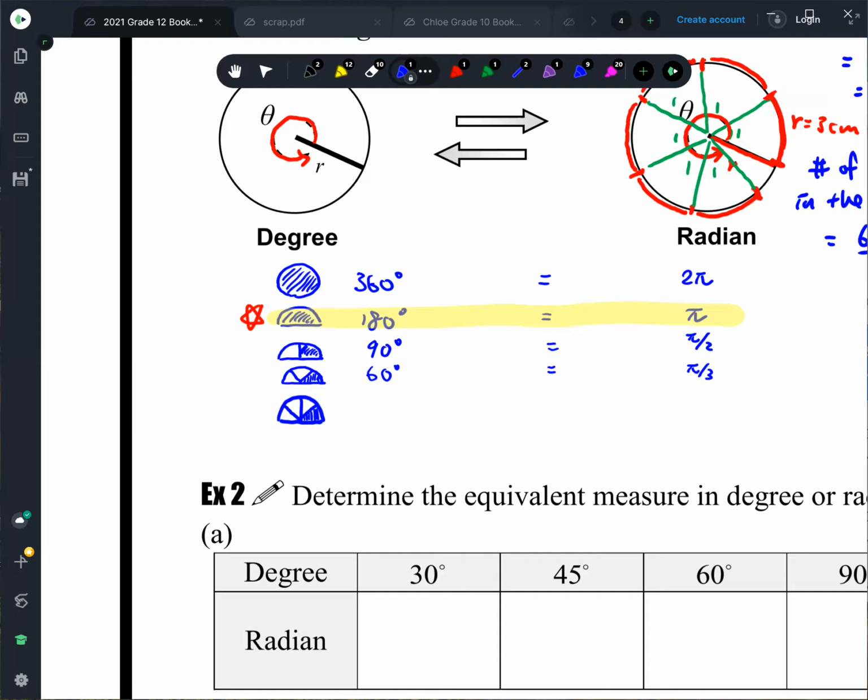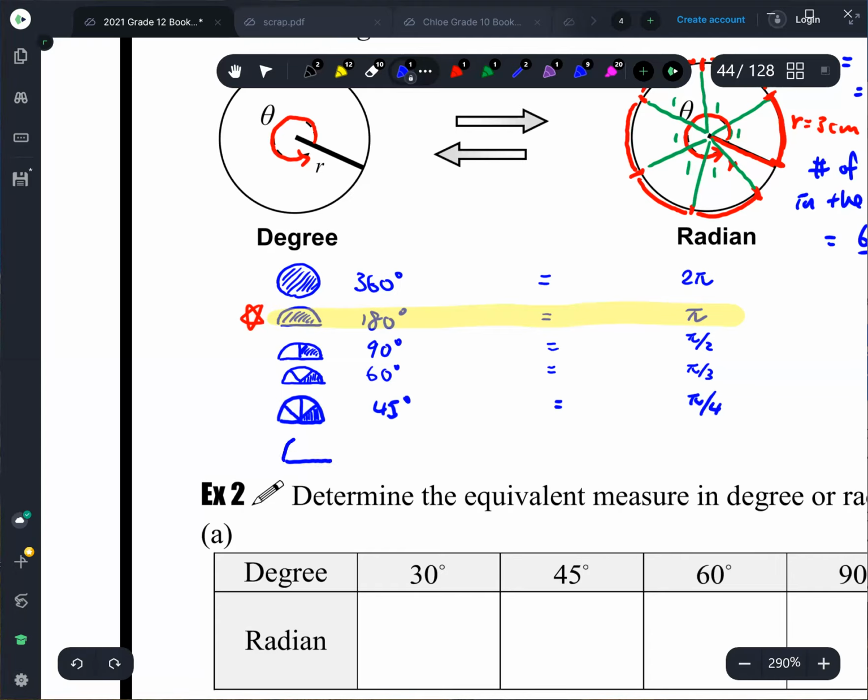45 degrees. How did you find that? 180 divided by 4. Very good. Cut into 4 slices, right? So what would that be in radian now? Pi over 4. Yes. Okay. So if you just think about the number of slices of a pizza, okay? Last one we're gonna do is cut the half a circle into